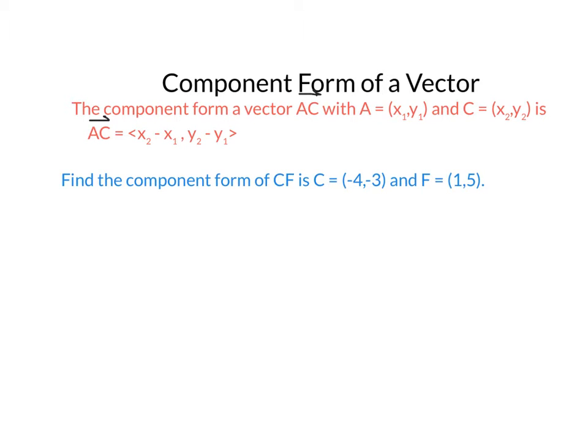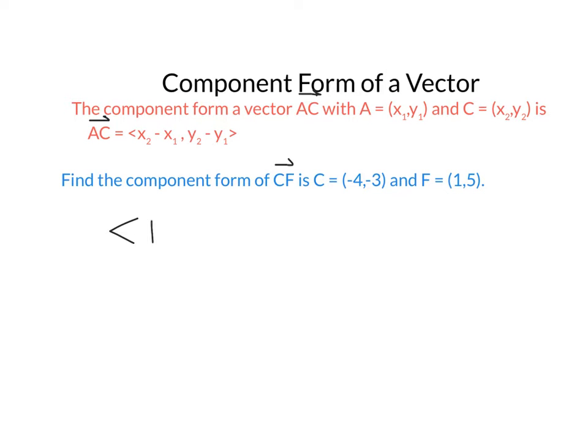What component form does is it takes a vector that does not start at the origin, and makes the initial point the origin. It just moves it down to the origin, or up to the origin, as its starting point. So all you do to find the component form is x2 minus x1,